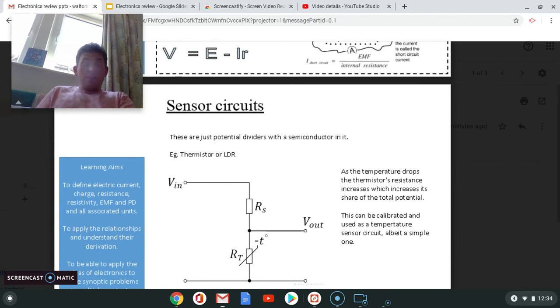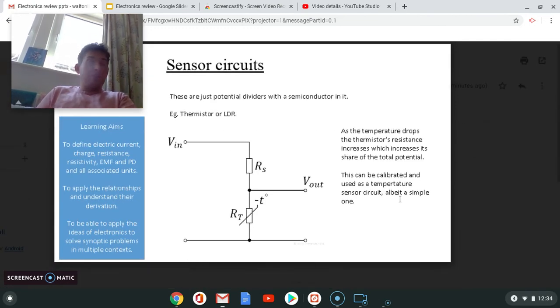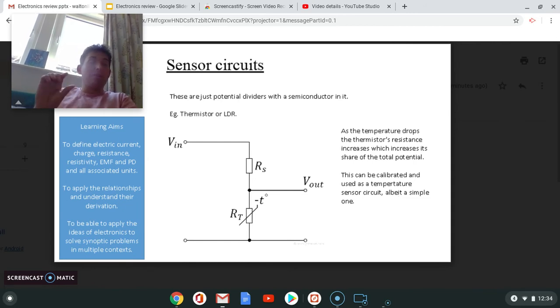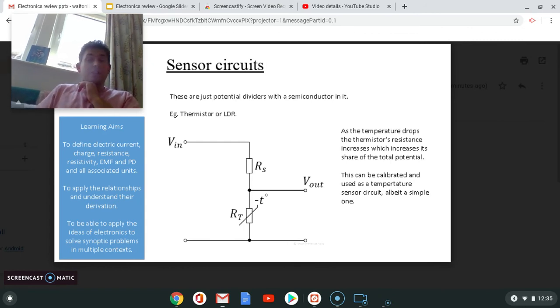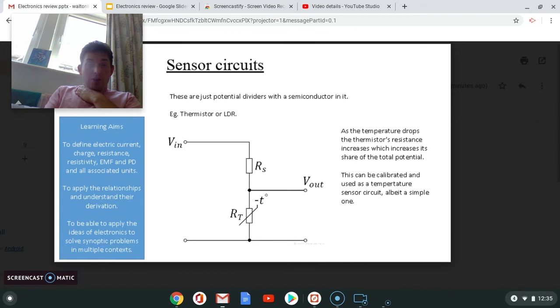Then we've got the last thing on the list, which is sensor circuits, right? These are basically just potential dividers with a semiconductor in them, i.e. a thermistor or an LDR, right? So if you've done loads of these, where you're calibrating it, I gave you a little piece of graph in its raw format, and then you used the 1 over relationship to make a straight line graph, and then you solved it from that point on. So you've done a few of these, and I'll try and chuck a couple of those into the questions that I set you. But yes, a sensor circuit is just one way you can calibrate data with known values